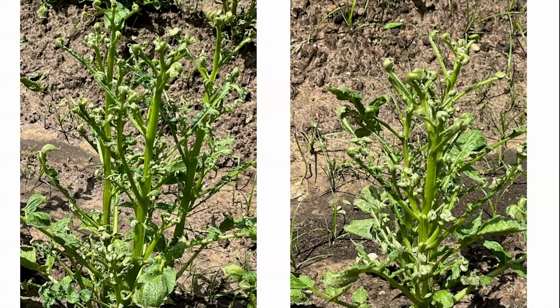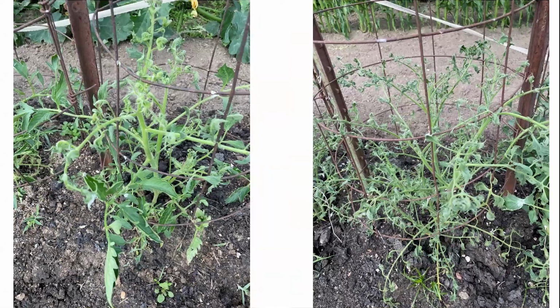So if this plant is unrecognizable to you, it is actually potatoes. And you can see the soil in the background looks fairly wet in a garden. And they did comment that in this particular case, they had also seen some of this last year in their garden. Another gardener sent these pictures in of tomatoes, and you see that same weird, curly, gnarly growth at the